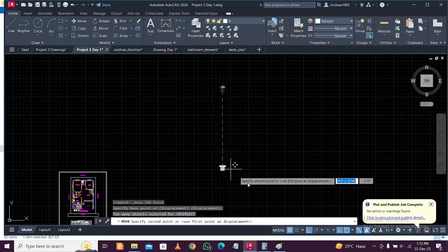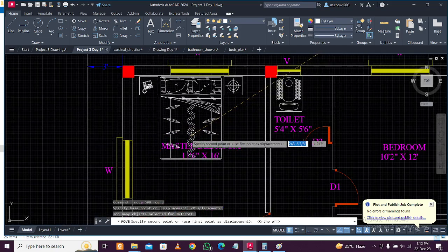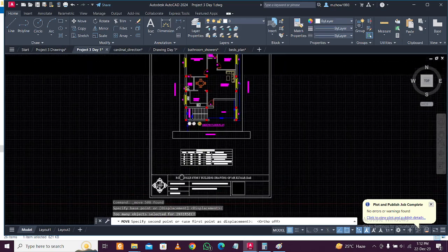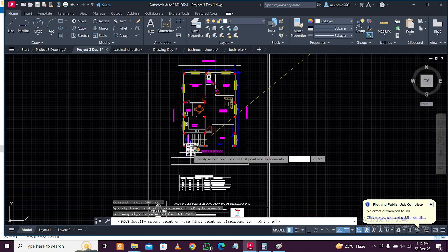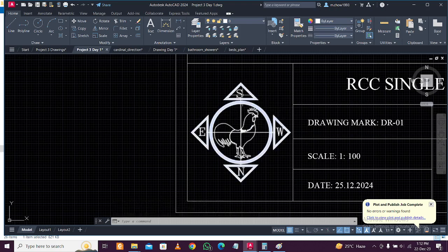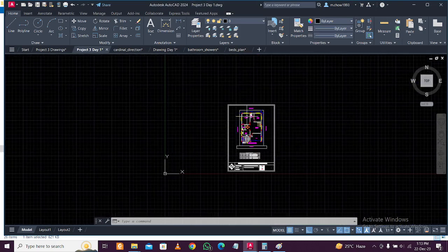Now it is a size which is suitable to our plan, right? So we still see the direction here. So the direction is... okay, it hanged a bit. So actually this direction should be rotated, because I think this should be west here, southwest. Okay, let me just change it. So this is southwest, master bedroom, and